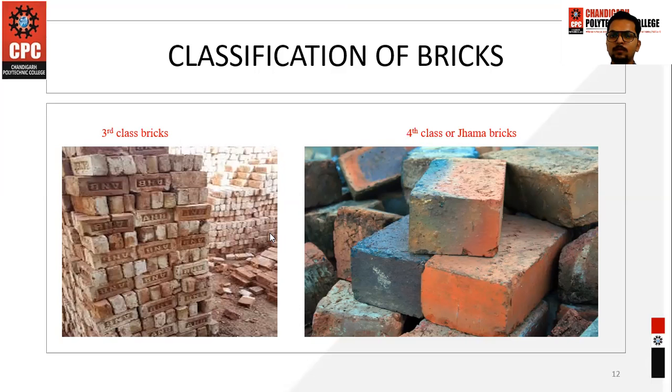These are overburnt bricks, or we call them jhama bricks. These types of bricks are overburnt but good in strength. But the main disadvantage of this class of bricks is that they are totally deformed. Because of the overburning, इनकी जो deformation हो जाती है shape की, the size of the molded rectangle which we made in the clay molding is totally deformed. आपने देखा होगा हमारे घरों में कई बार आ जाती है in a normal stack में, तो उनका जो color रहेगा वो bluish color रहता है.